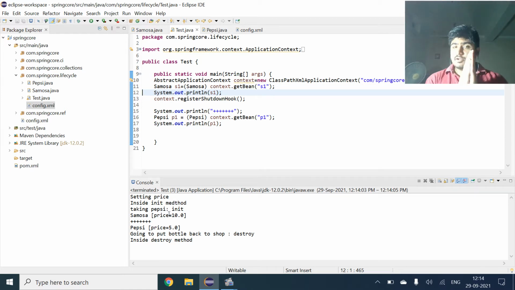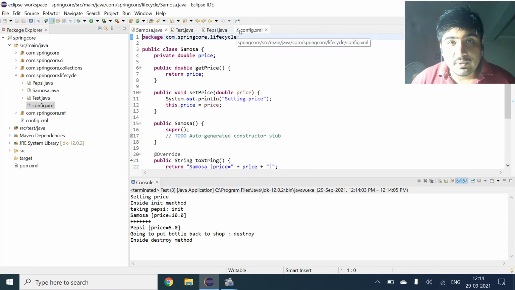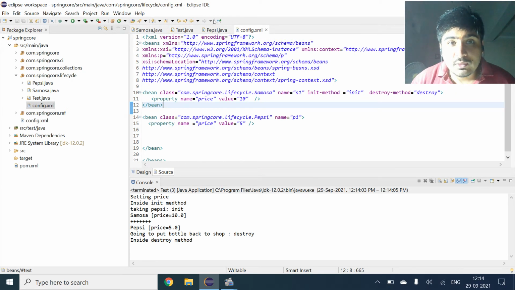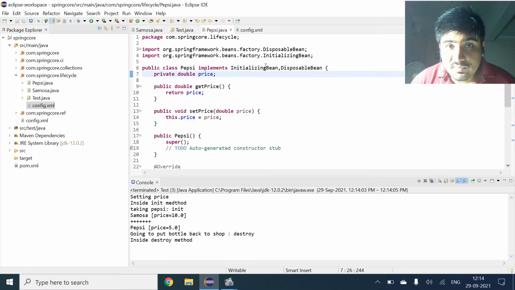First is the init method, that is taking Pepsi. Then the price of Pepsi is mentioned, and after that the destroy method is being defined in the output. So this is how the sequence of beans also matters for us, and these two things, initialization and disposable, play a very important role, and these are only implemented when we apply implements.